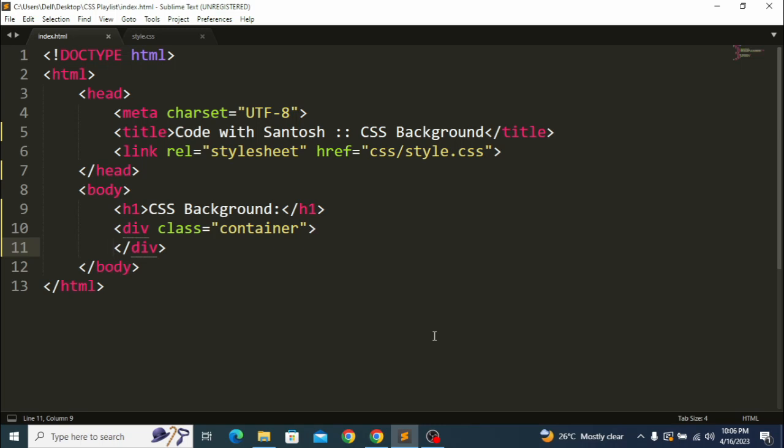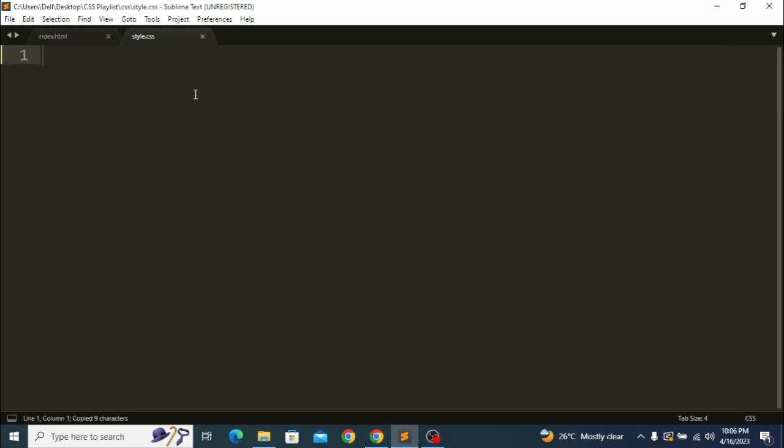Add CSS background colors in our HTML file. Okay, so I have one div here as container. Let me write some CSS here. So here I am again defining the width to 80%